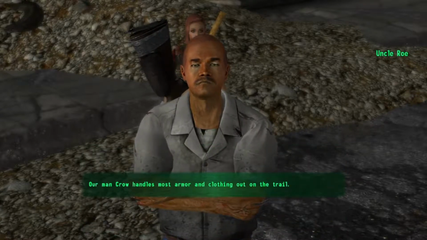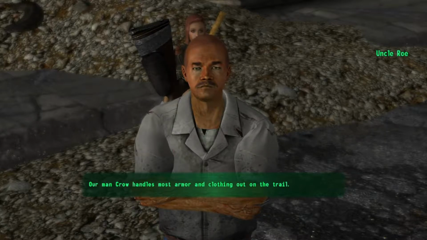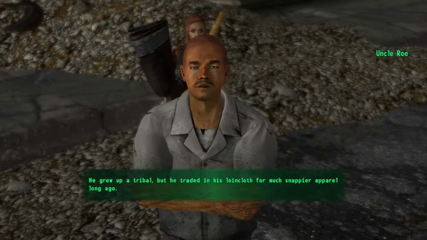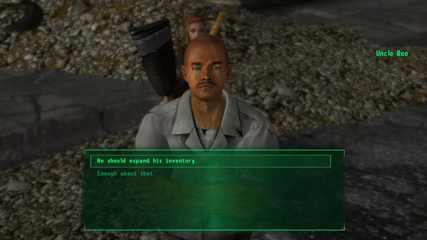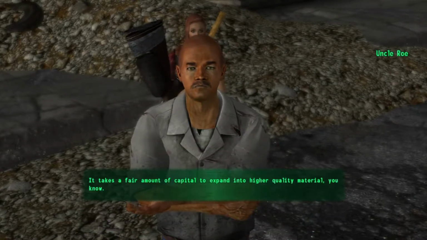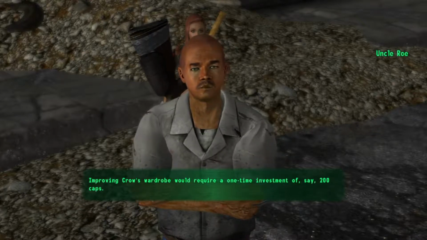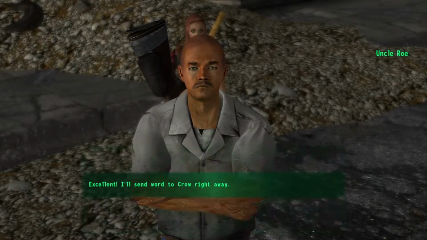Our man Crow handles most armor and clothing out on the trail. He grew up a tribal, but he traded in his loincloth for much snappier apparel long ago. It takes a fair amount of capital to expand into higher quality material, you know. Improving Crow's wardrobe would require a one-time investment of...